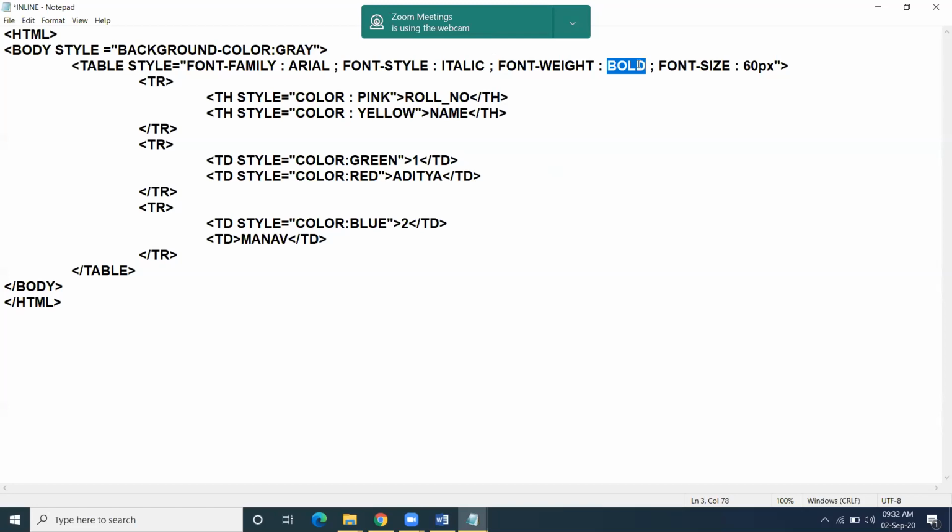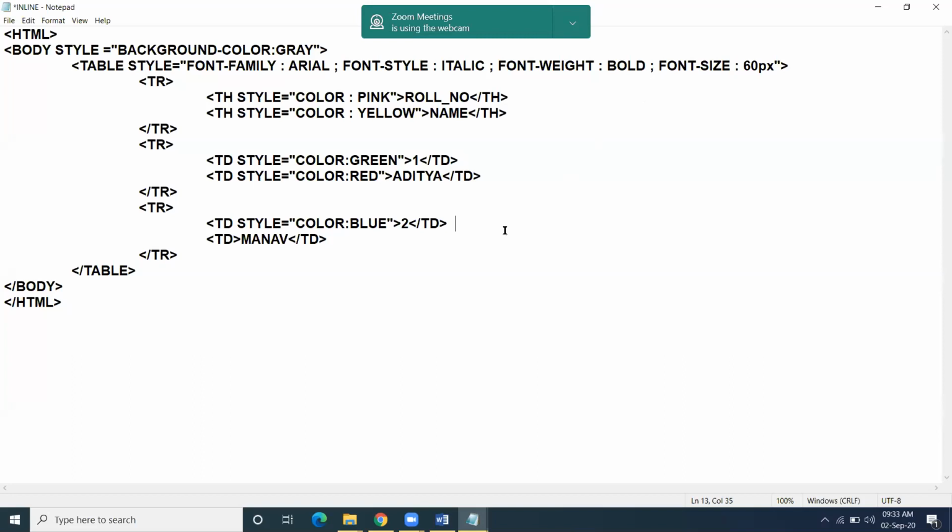Instead of bold, you can give number also, 100 to 900. As you increase the number, the thicker, the darker it will become. If I am giving 800, it will be more bold. If I am giving 200, it will be very less bold. But you can write bold here also.